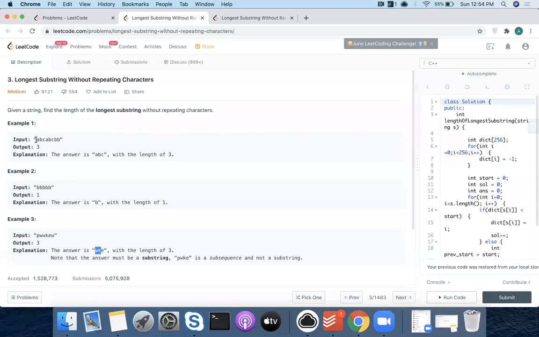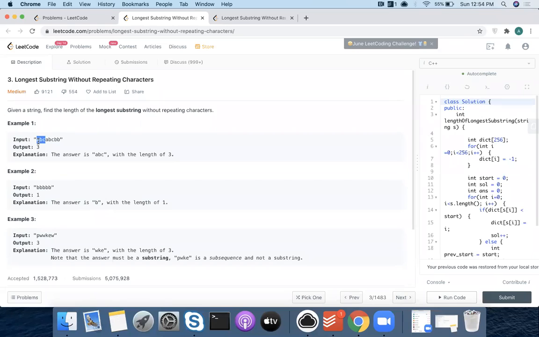So let me explain. The solution is that you will have a dictionary. That dictionary will store the character and the position at which it has occurred. So when I am at A, I will store A at 1, B at 2, C at 3. When I get another A, I get a match in the dictionary, but that doesn't mean anything.